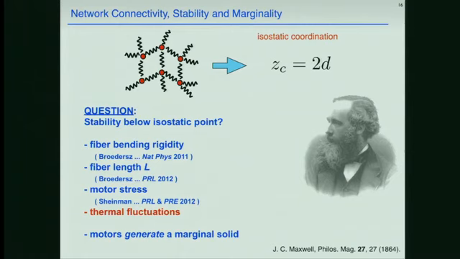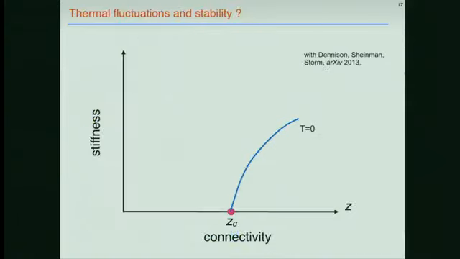Everything I've said so far is athermal. There's no temperature in anything I've talked about so far. So what happens when you add thermal fluctuations to this original Maxwell picture? Now, in view of time, I'm going to go a little quickly through this, but let me just point out there's actually been very little study of this over the years, partly because, as was indicated in